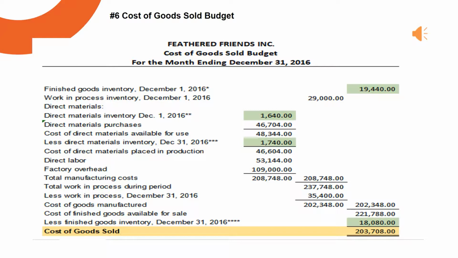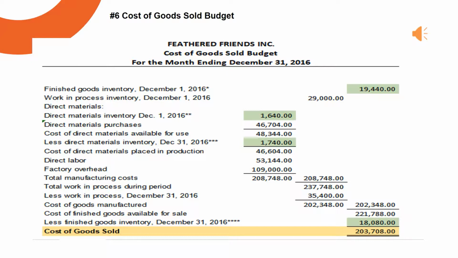In return, the total direct materials inventory at December 31, 2016 would be $1,740. So the total cost of direct materials placed in production would be